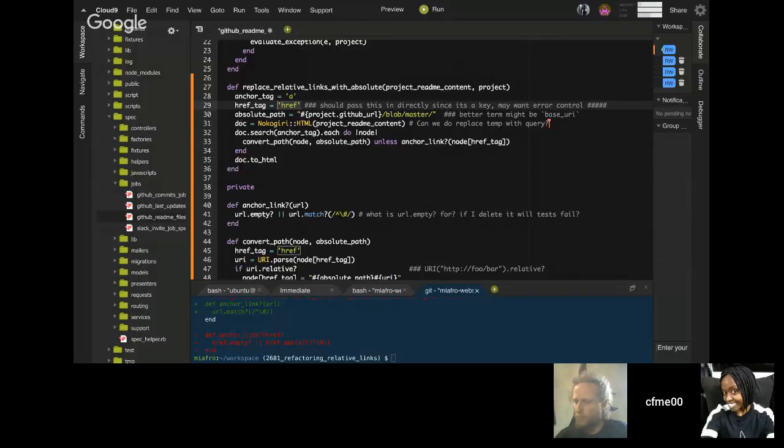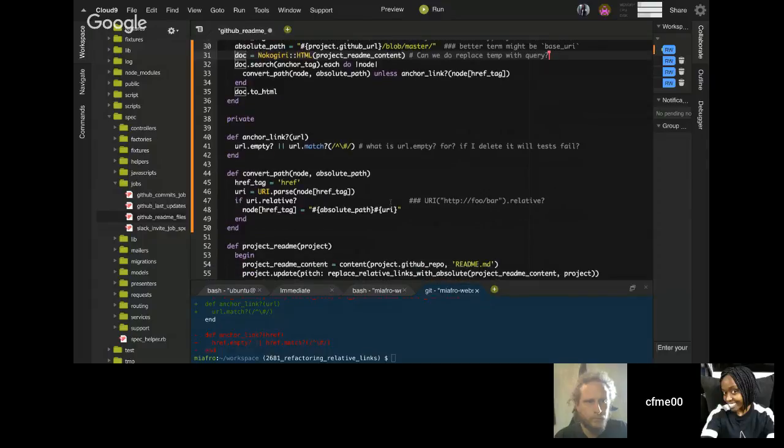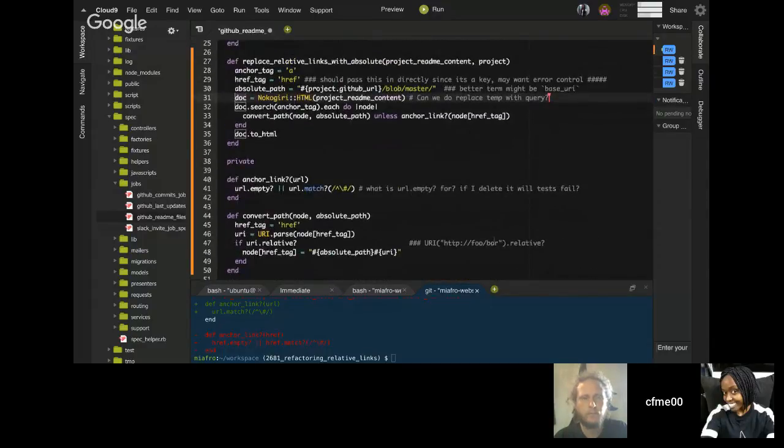So when we get our, yeah, so let's see, href is a key. We don't need error control, actually, I don't think. Base URI can. All right, so yeah, we'll go through this. I think we don't need to assign this to a variable because href is actually a key. And when we ask an object and we pass in a key, so it's node, right? So when we go node, we can say, okay, give us that. So for Rails, I think it's a Rails thing, not a Ruby thing. But when we pass in a string,